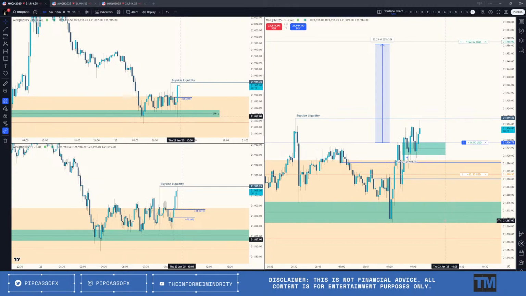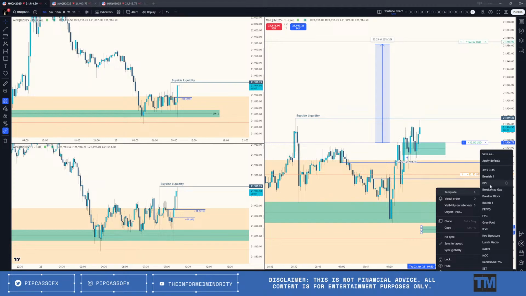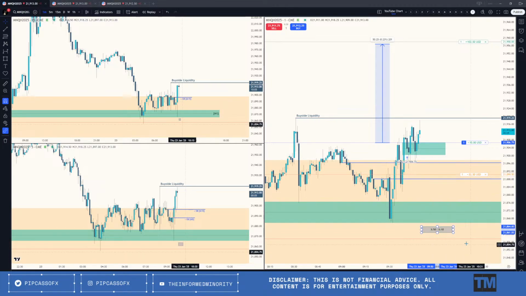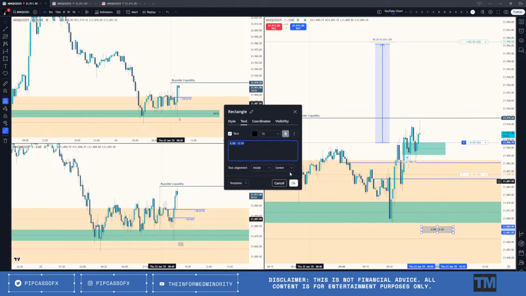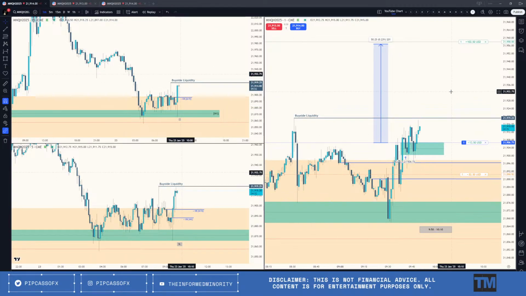But I believe that this is what I'm looking for. I forgot about the macro. Appreciate you for reminding me about it. So we have the macro there. That's not fun. 950 to 1010. See if we get a reaction from there. Start trading a little bit higher, or we're just going to run against this.